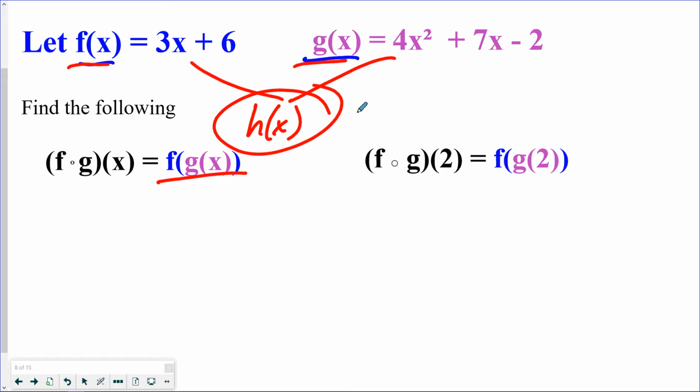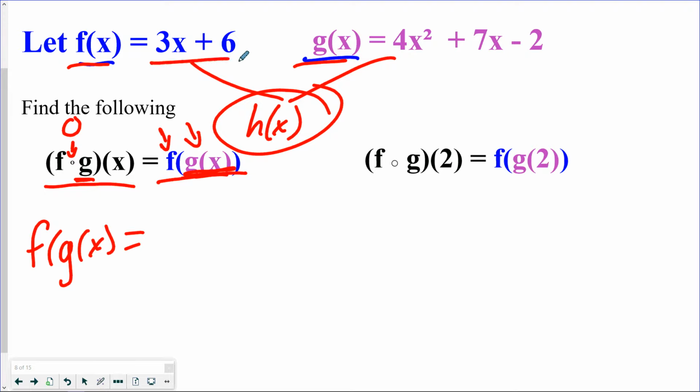So the inside function, the g function, is the one that's happening first. In this notation, this doesn't mean multiply. It's an open circle. It means composite function. The one we do first is the second number, or second function name. So what we're going to do is we're going to take the outside function and we're just going to write that down. So our f of g of x is, I'm going to copy the f function, 3,